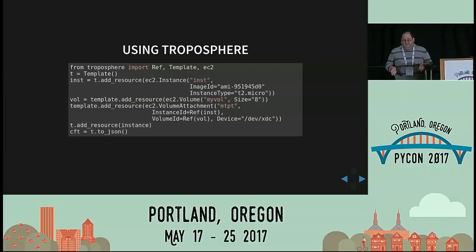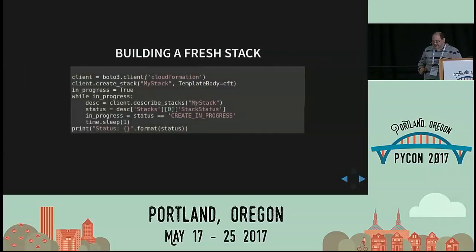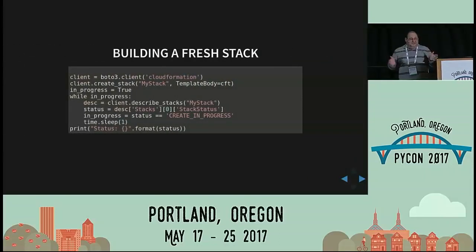Troposphere is a great library to make sure that the names you have are checked at the Python level. You see that I have ref of inst, not ref of inst with a typo. So if I misspelled inst, that would fail during Python time and not during the CloudFormation upload, which is a lot faster. So now that I have the JSON, regardless of how I created the JSON, I can use it